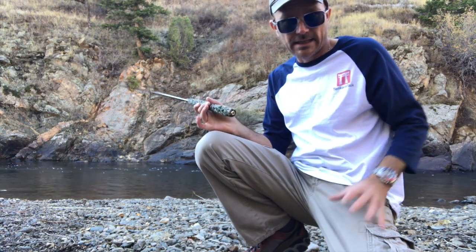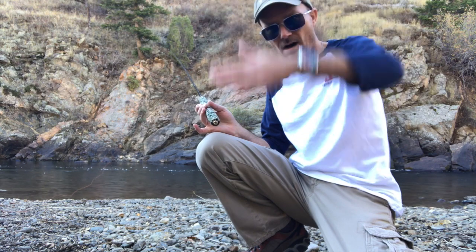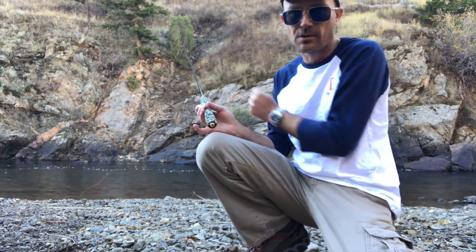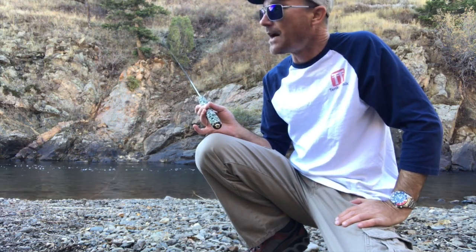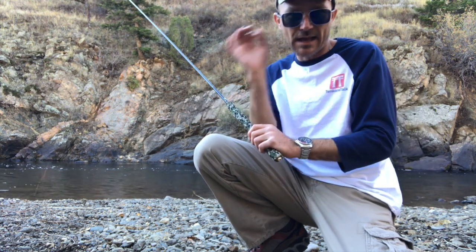And that's great for getting a dead drift, but it also gives the wind a lot of purchase on all that line that's in the air to just grab it and just pull your fly through the water, creating an unnatural presentation. The only way I've found to combat this when it's really windy is to do exactly the opposite